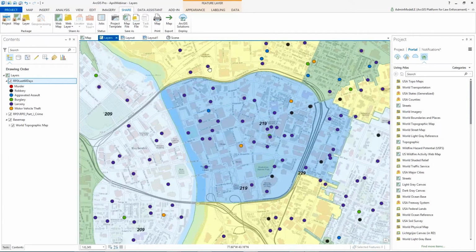Now, the last component of ArcGIS Pro that I really wanted to draw your attention to is a new capability that John mentioned called tasks. And I'm very excited about tasks and their prospect for law enforcement analysts because tasks really represent a way in which analysts can build unique geoprocessing and analytical workflows and help someone else learn how to perform that exact same